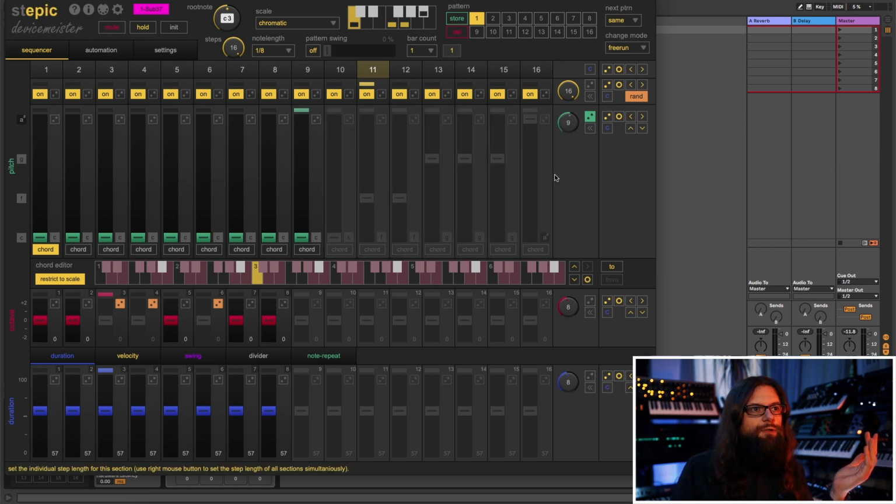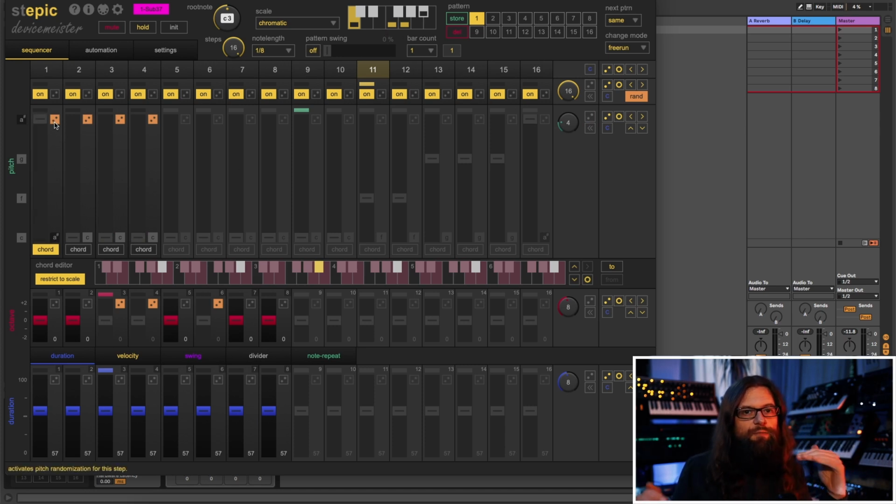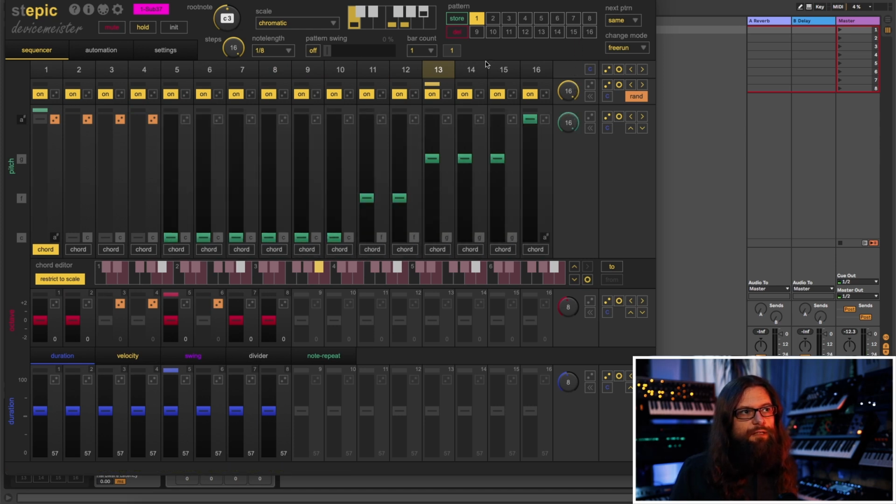Again, if I go to 4-note sequence and do it like this, then I also only have these 4 notes, but they will all be playing with the same chance. So the chance that I get a C, an F and G or a B flat will always be the same with the random function here. But if I go for the 16 steps and do it like this and use the